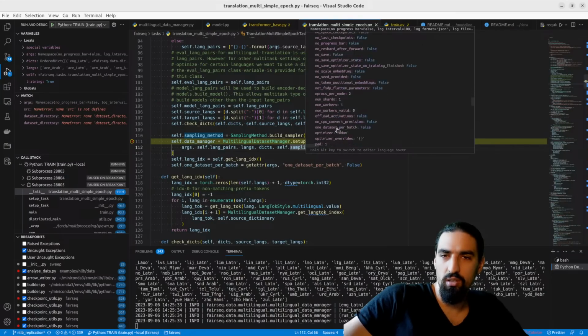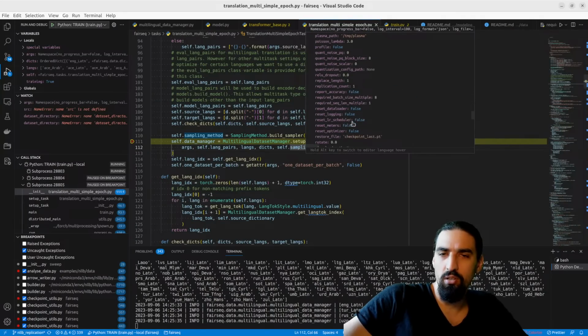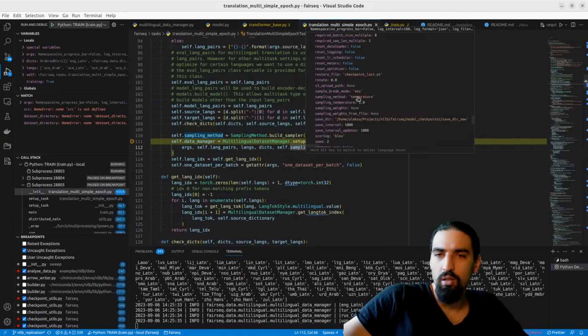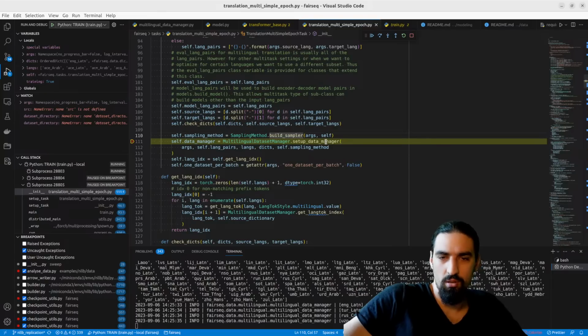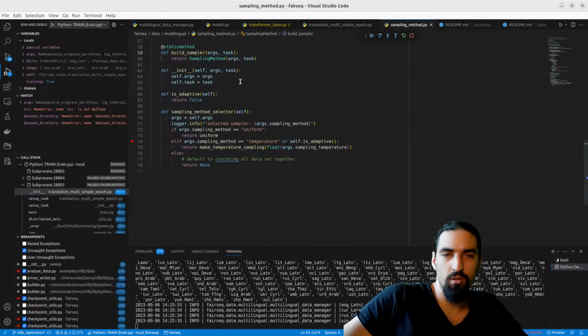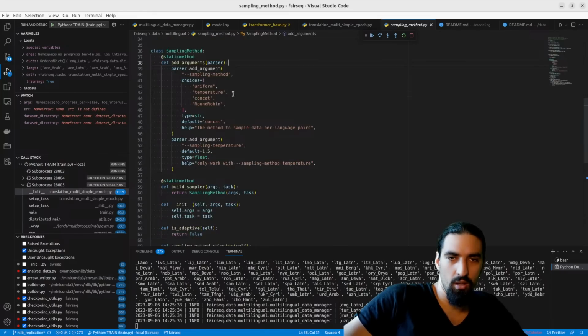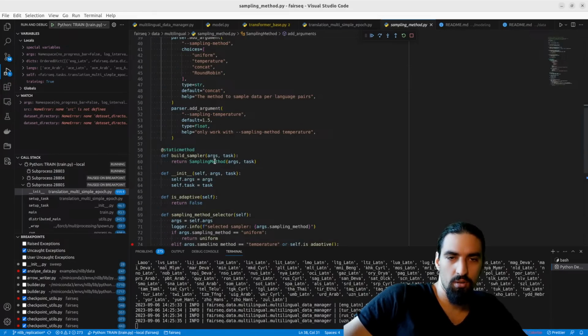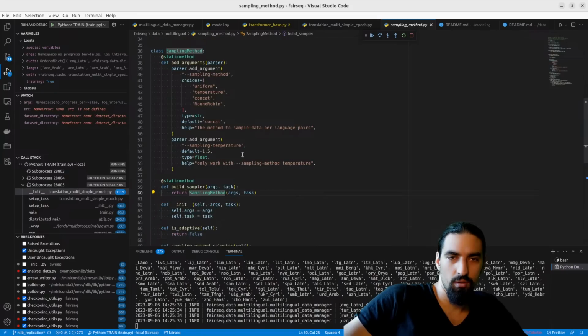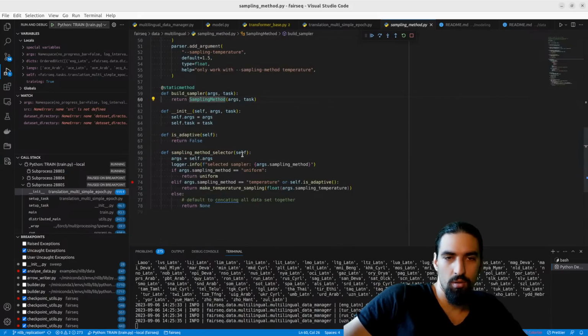Do we pass the sampling method here? Yes, temperature. Maybe in the build sampler here. Return the sampling method. Okay. Build the sampler. So we just pass and save it.